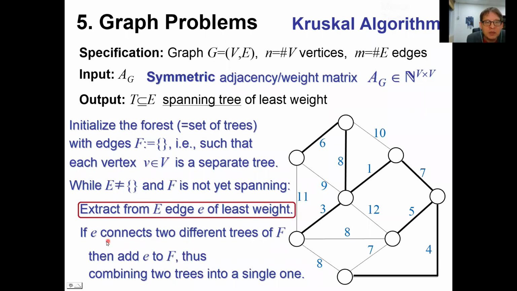How about this operation? This is the crucial part. If the edge connects two different trees, how can we implement a data structure that maintains a forest and allows us to test whether a given edge connects two different trees in that forest, or whether the edge is within one tree in that forest? That's the first question. The second question of the data structure: how can we merge two trees in that data structure? So let me say that again, because that's really crucial,